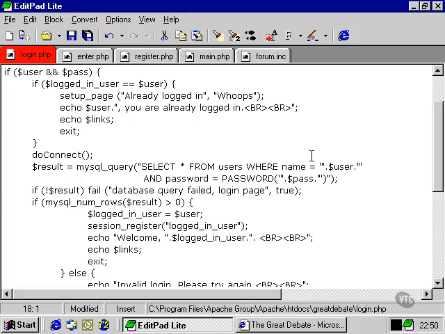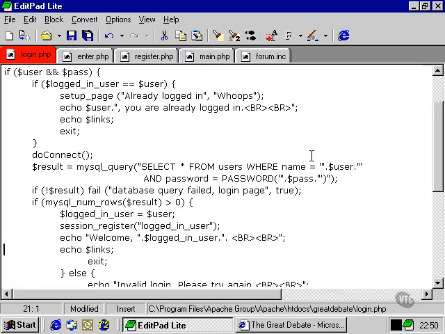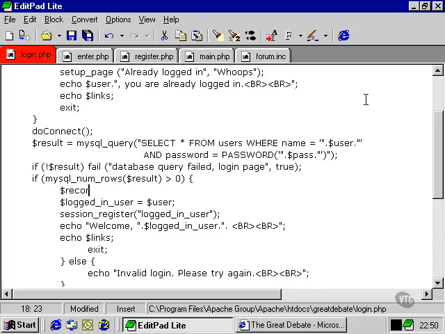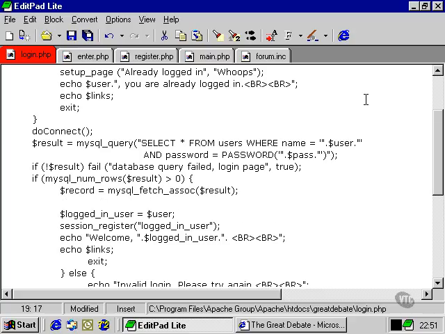Next, we're going to test to see if the user name that they've put in has been found. Now, whereas before we didn't have to actually do anything with that data, we just had to make sure it was found. In our forum version of these scripts, we're going to have to include a little line to take the data that has been found by the query